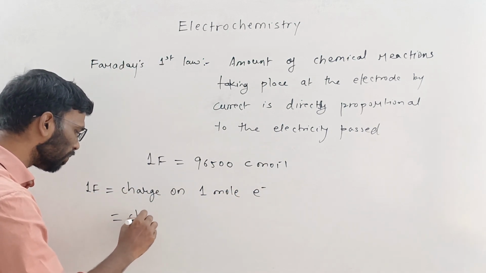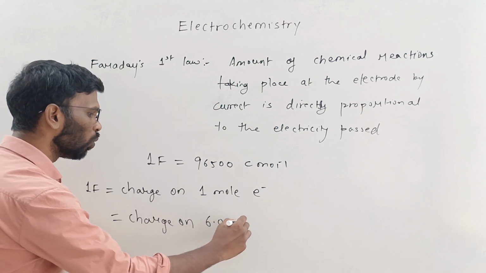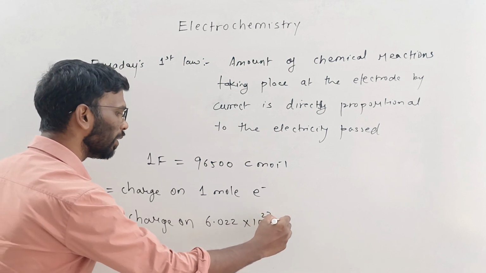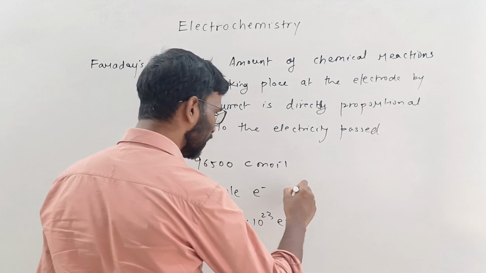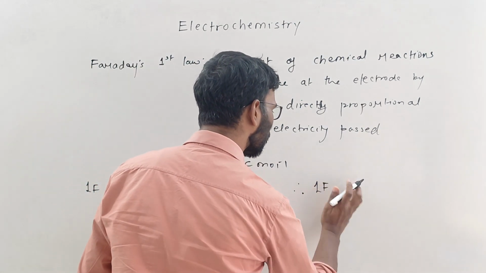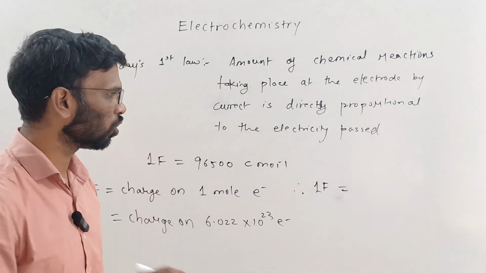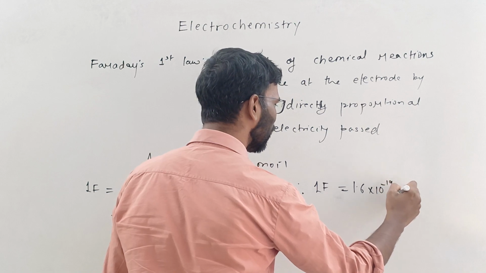It is the charge on 6.022 into 10 raised to 23 electrons. Right? What does this mean? It means 1 farad equals the charge on 1 electron, which is 1.6 into 10 raised to minus 19 coulomb,